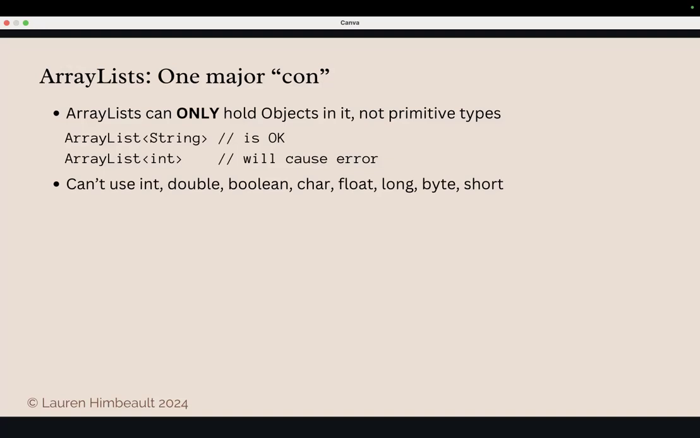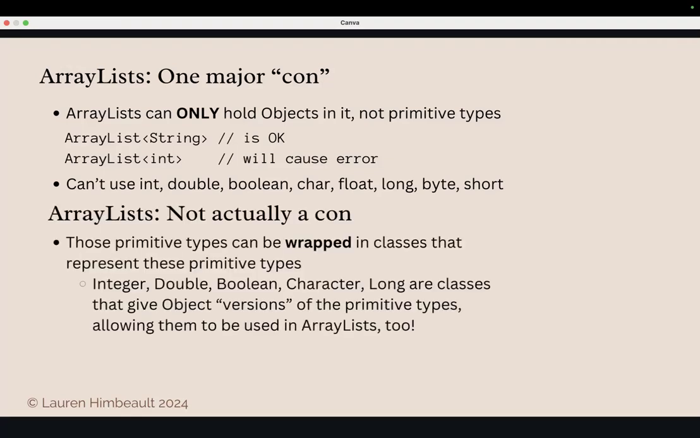It can only hold capital letter objects. Now, it's not actually a con. We can find a way around this. There are ways to hold integers, doubles, Booleans, etc. We'll talk about them in the next video. But we do have a way around